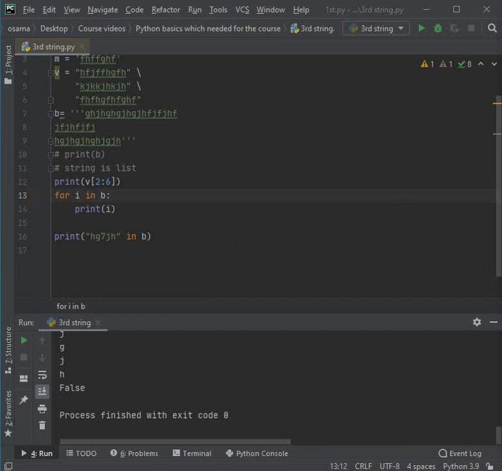A check statement, or how you can make a condition in Python. To make a condition, use the if statement and the condition and a colon like this, and the code you want to execute if the condition is achieved. For example,